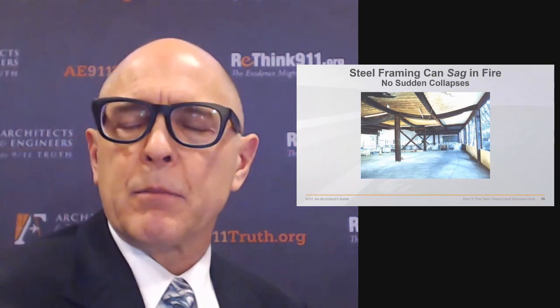Now, even buildings, again, that aren't fireproofed, they don't often fail. They have failed, unfireproofed buildings, particularly in factories where there's a huge fuel load. But the study says that this building form is inherently stable due to the highly redundant nature of the structural steel